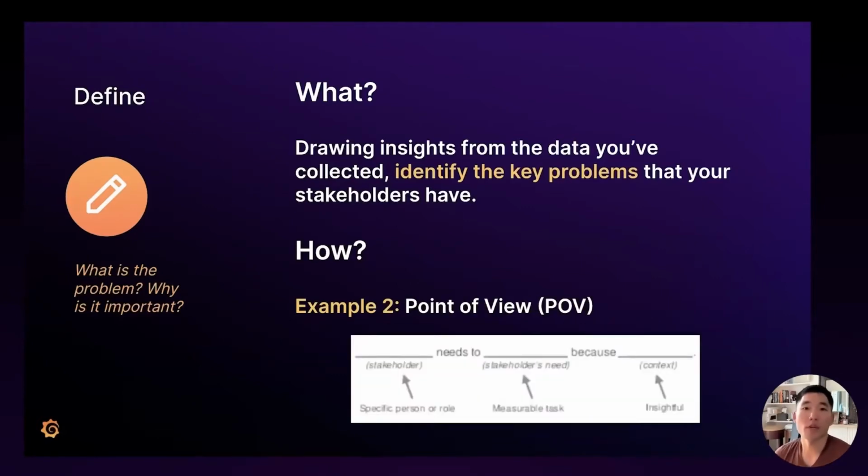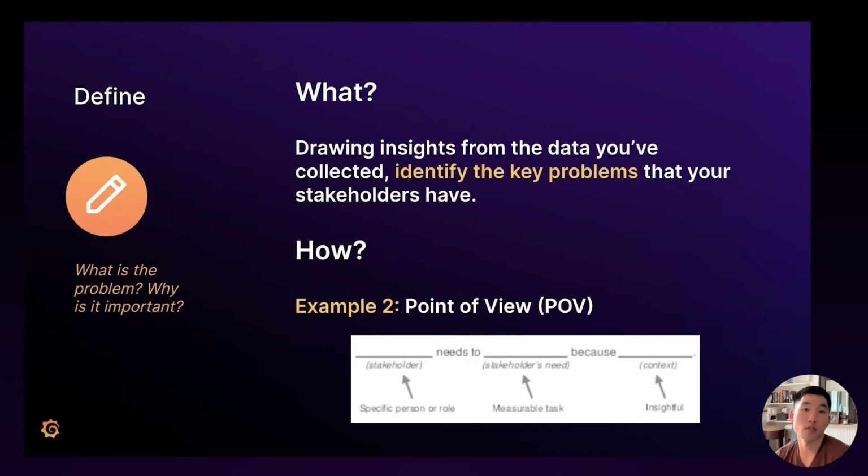Another example here that I've introduced to you is the point of view. We start by defining the person or the type of person you are designing for, your stakeholder. Then you're selecting the most essential needs, which are the most important to fulfill. And remember that needs should be verbs and try to make them actionable. And then lastly, work to express the insights developed through the synthesis of your gathered information. The insight should typically not be a reason for the need, but rather a synthesized statement that you can leverage